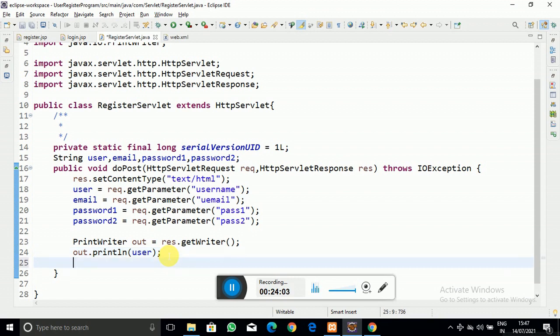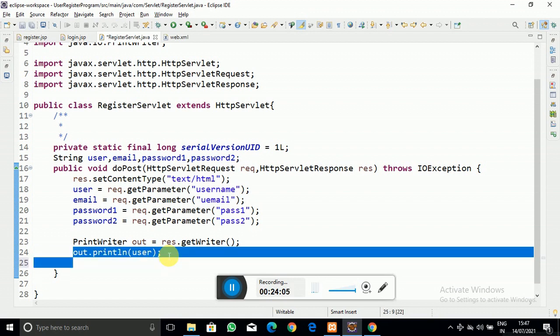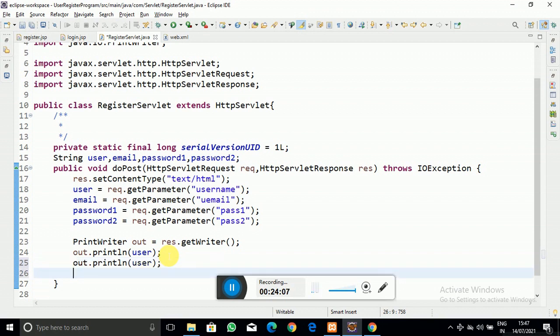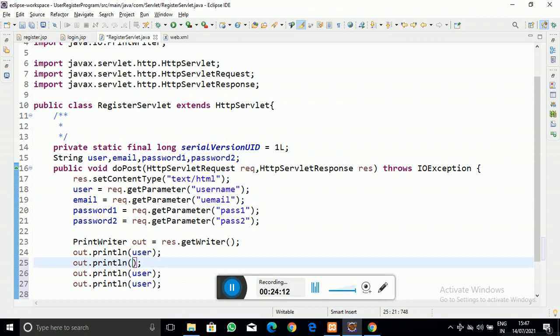Similarly, you can print the email ID and password also by making use of this servlet, email and password.